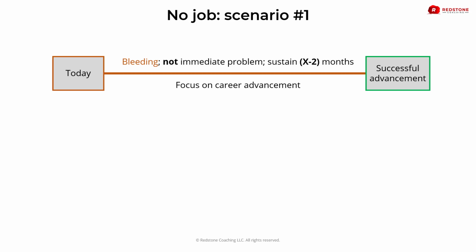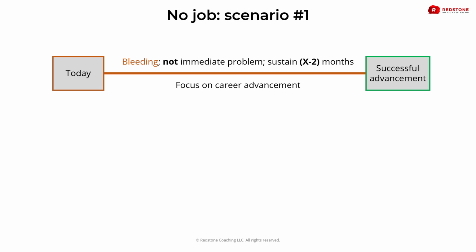And you want to set that deadline for 2 months before you run out of cash. So if you believe that, okay, I can pay for my cost of living for 12 months, your deadline is 10 months from now. If I have not advanced my career within 10 months, I'm building a sustenance bridge. And only after I've built that sustenance bridge will I then continue. While you have this time, you're 100% focused on advancing your career, because you're not going to stop the bleeding until you make that career advancement. So eventually you will advance your career.